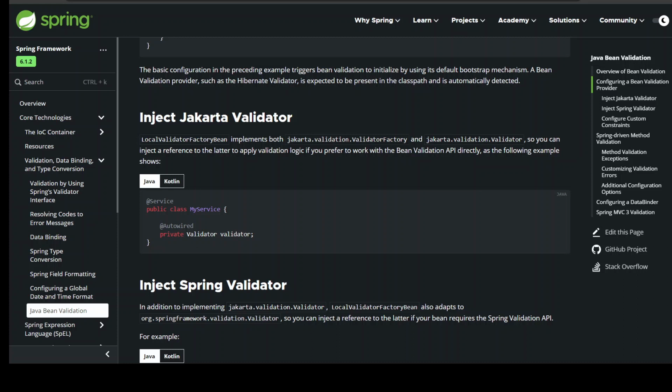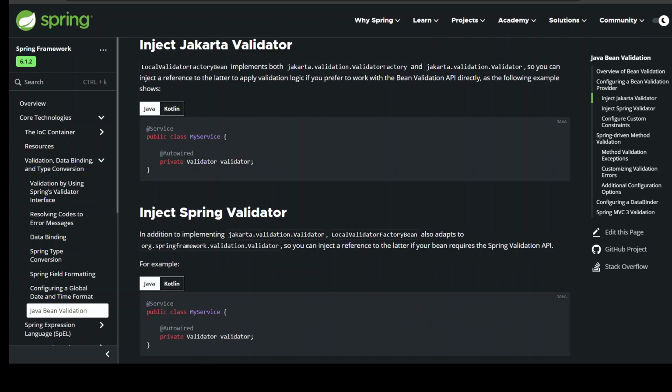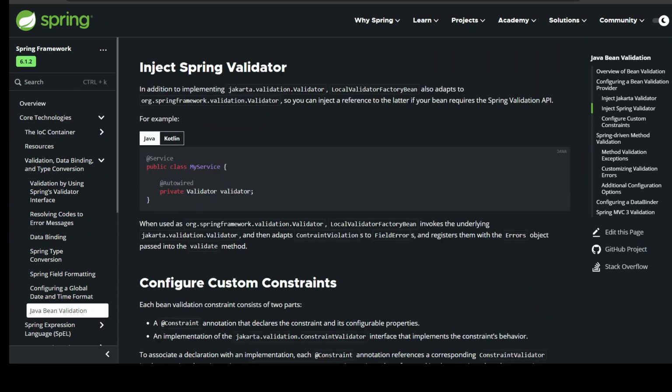In addition to implementing jakarta.validation.Validator, LocalValidatorFactoryBean also adapts to org.springframework.validation.Validator, so you can inject a reference to the latter if your bean requires the Spring Validation API. @Service public class MyService { @Autowired private Validator validator; } When used as org.springframework.validation.Validator, LocalValidatorFactoryBean invokes the underlying jakarta.validation.Validator, and then adapts constraint violations to field errors, and registers them with the Errors object passed into the validate